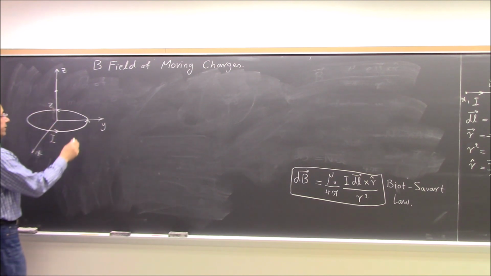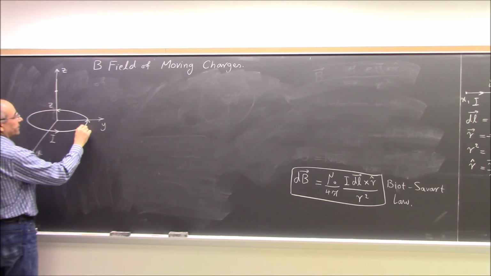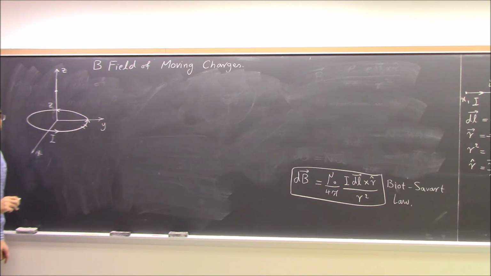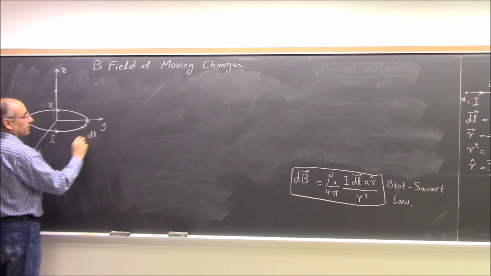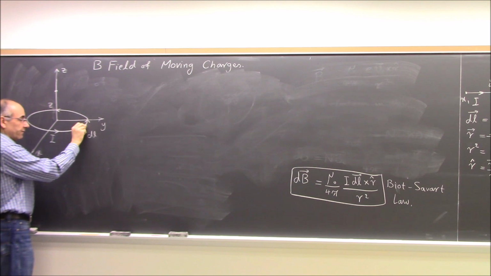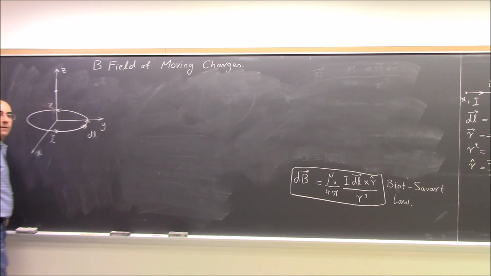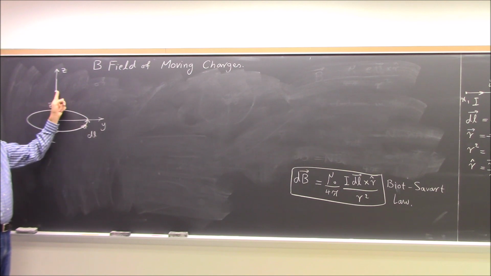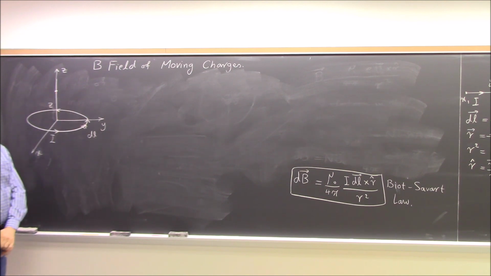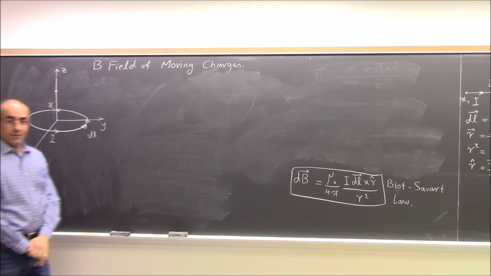The same as what we did before, we take a small piece of this, and we call it dl, and dl will be in the direction of the current, right? And this piece creates a magnetic field at this point. Can you tell me which direction is the magnetic field? Now,